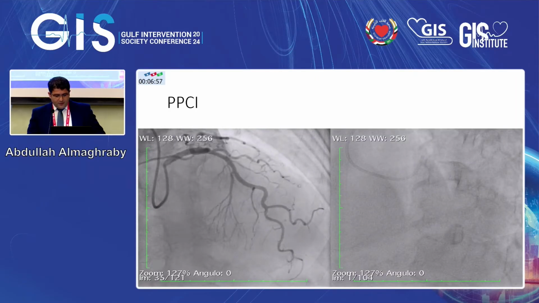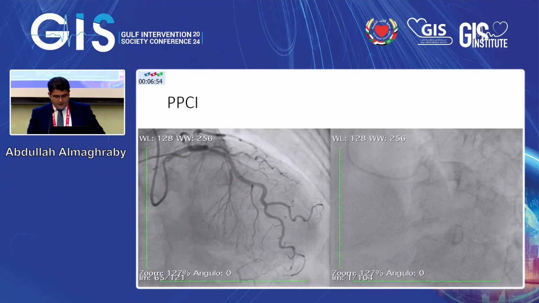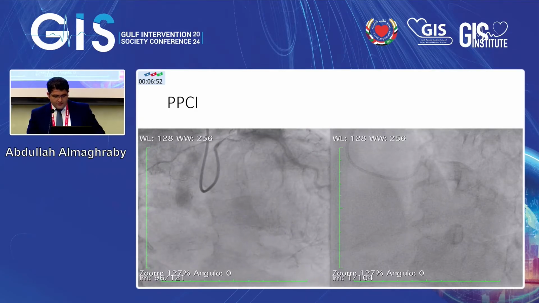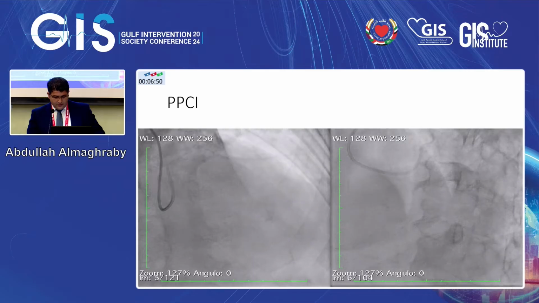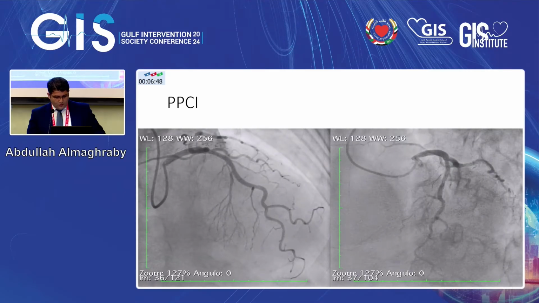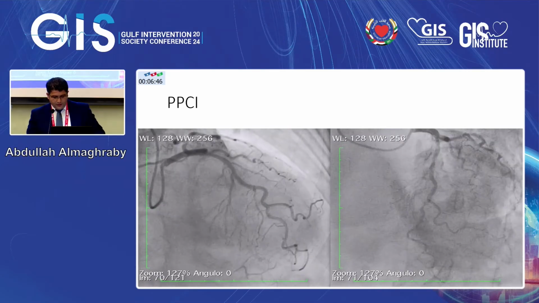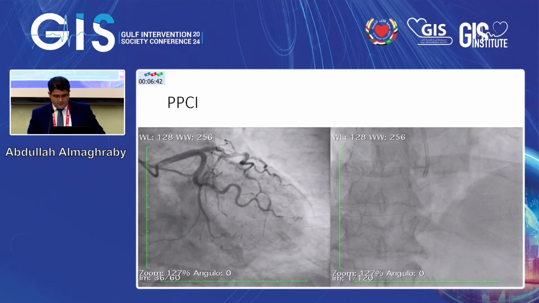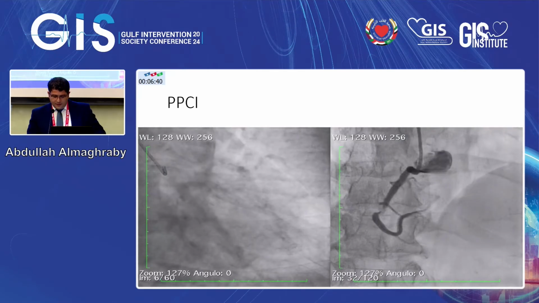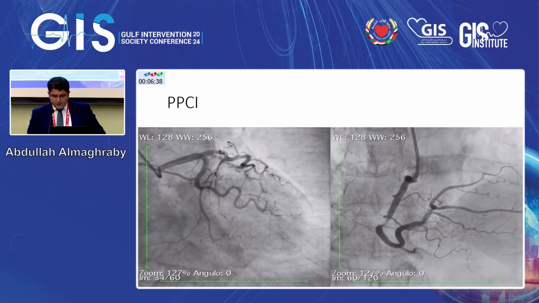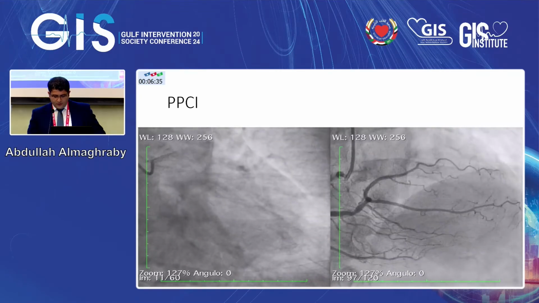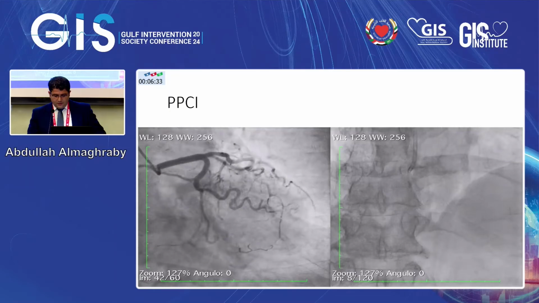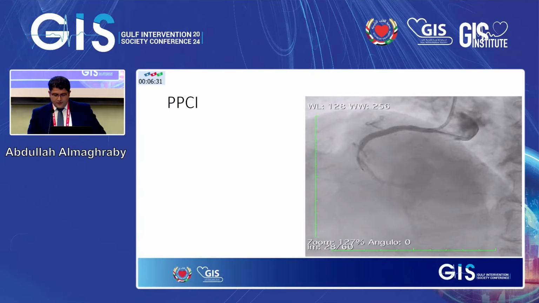So we started the primary PCI by taking pictures of the left system, which was patent, normal, with retrograde flow in the distal RCA, as you can see here. Then we have seen this tight thrombotic lesion in almost the mid of the RCA. So at this time, we decided for direct stenting of the lesion using a drug-eluting stent, likely